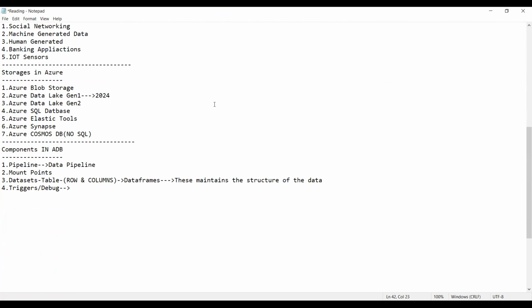You design the pipeline, and trigger it to run at around 2 p.m. today, Friday, the 30th of September 2022. You go anywhere, the pipeline will run at that given time. That is called a trigger, whereas with debug you have to run it manually.